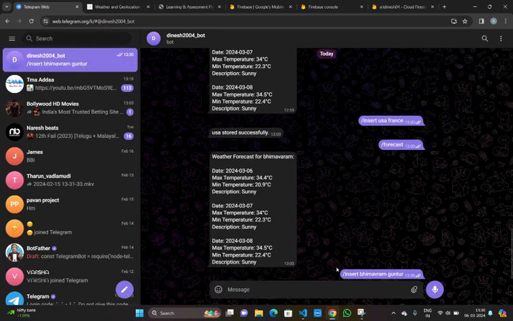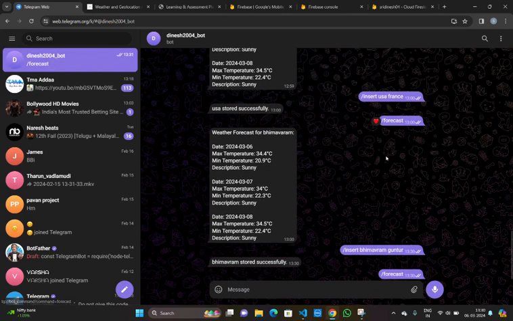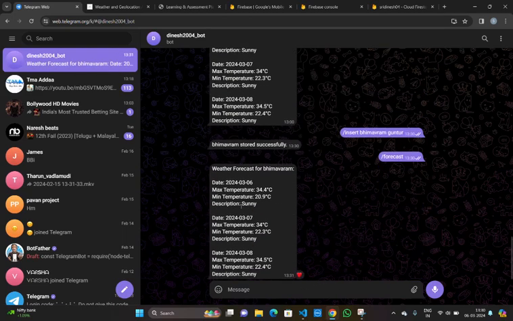Typing this, insert the data. So Baymark is stored successfully. Then we have to fetch the data with the weather forecast. So this is the weather forecast of Baymark, and also it gives the